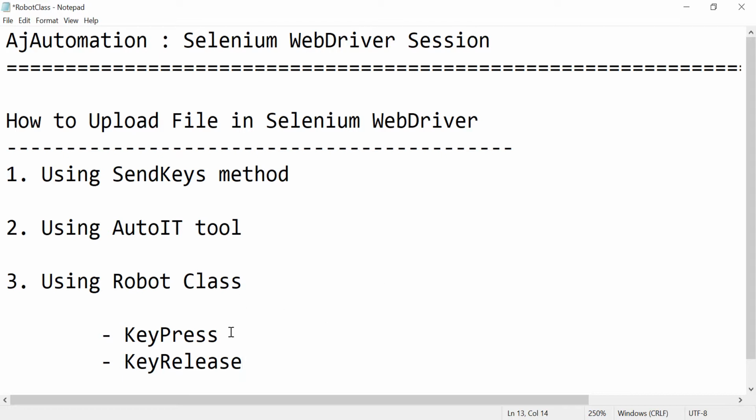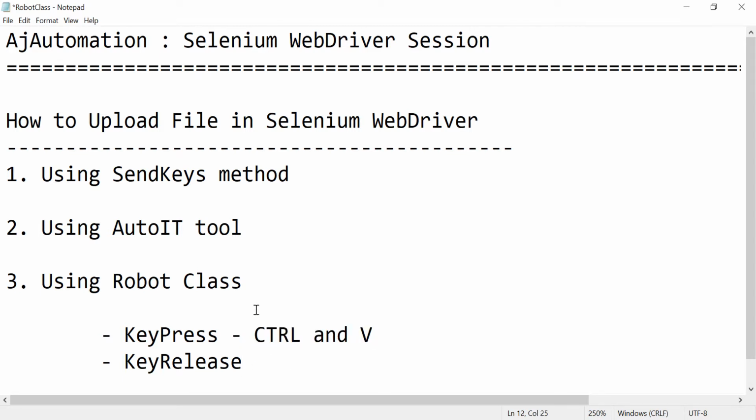Whenever you want to press any key, you need to use the keyPress method. Here we need to press the Control and V keys to paste the path, and then we will release both the keys using the keyRelease method.